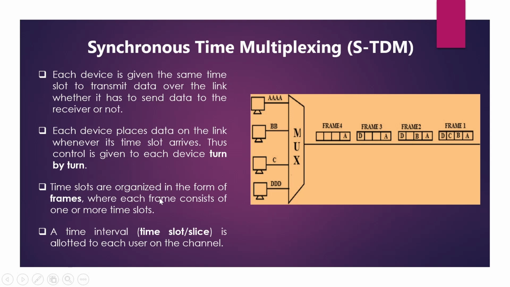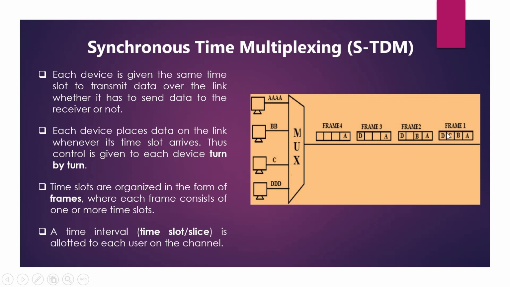Time slots are organized in the form of frames. So here you can see the frames, where each frame consists of one or more time slots. A time interval is allotted to each user on the channel. So this is frame 1. Frame 1 has a time slot for A, B, C and D. Here supposedly during the time slots of A, B and C, they were able to send the data. So we have received data from A, B, C and D, as you can see